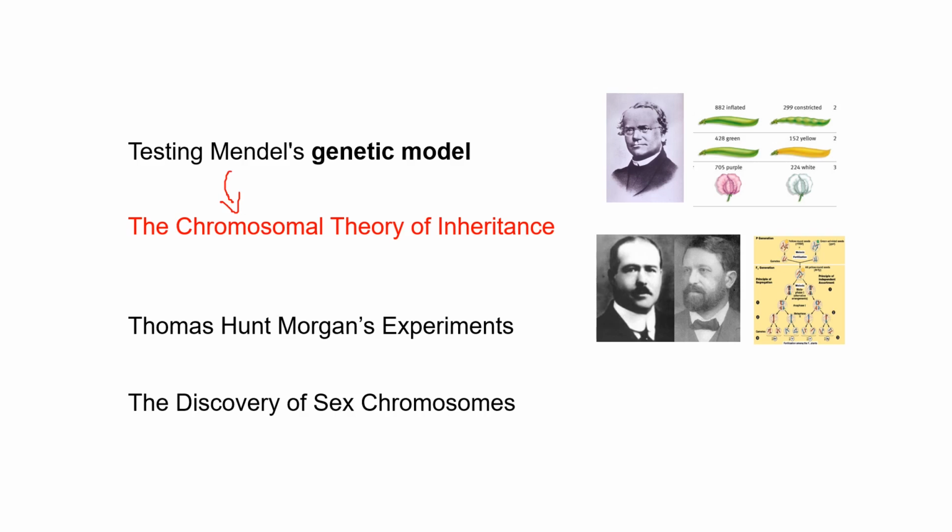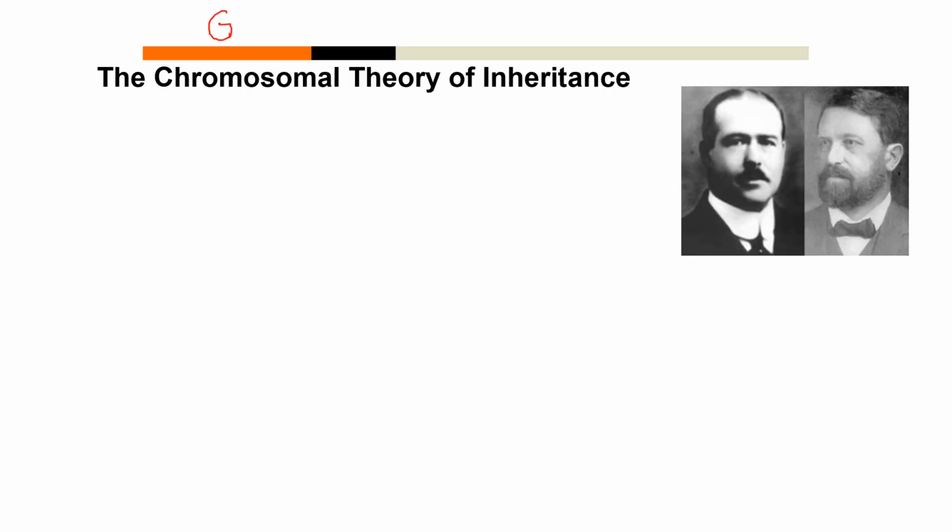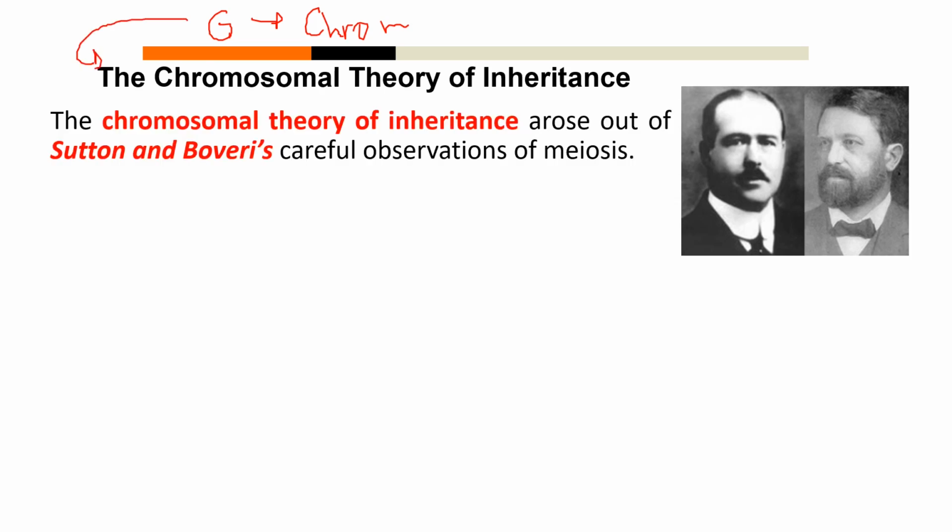And we will focus on the work of these two scientists that are in this picture, using fertilization and meiosis. So one of the key components to try to understand how genes were located on chromosomes is this finding, the chromosomal theory of inheritance. And as I said before, it was proposed by Sutton and Boveri. And how did they do it? Because they independently, carefully observed